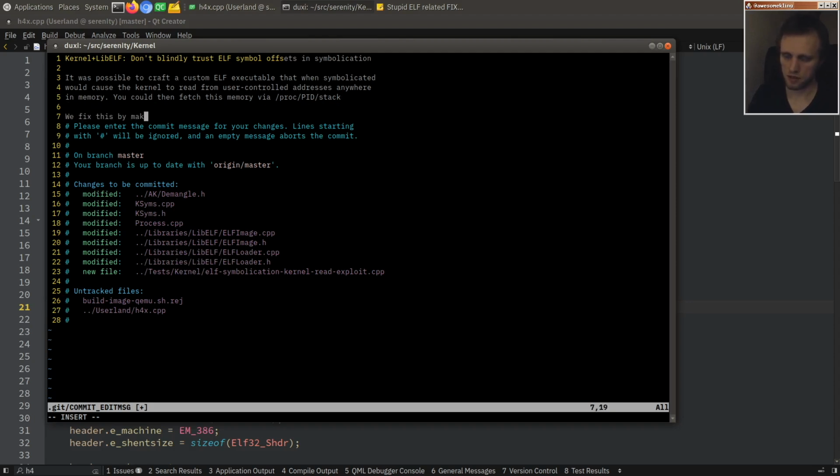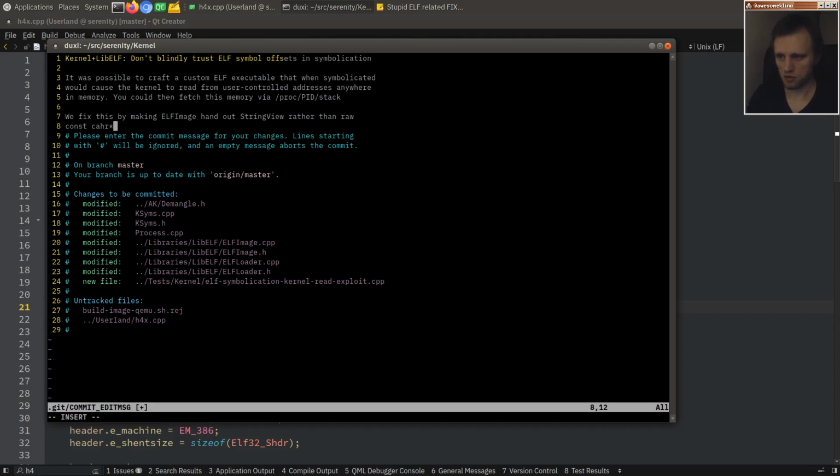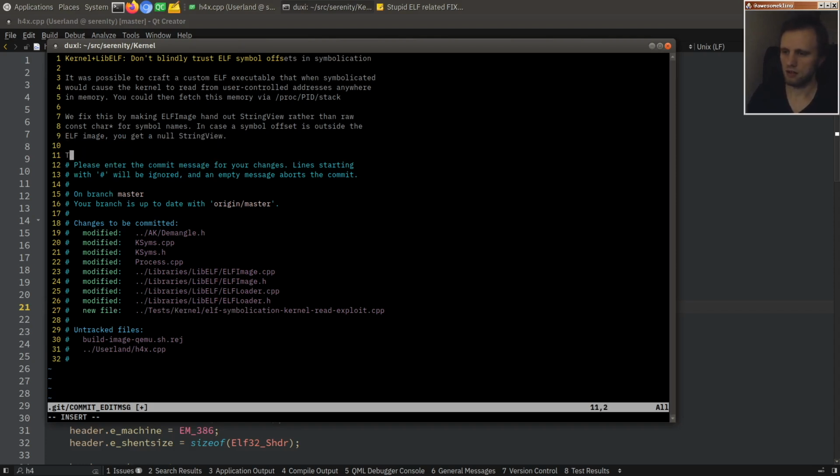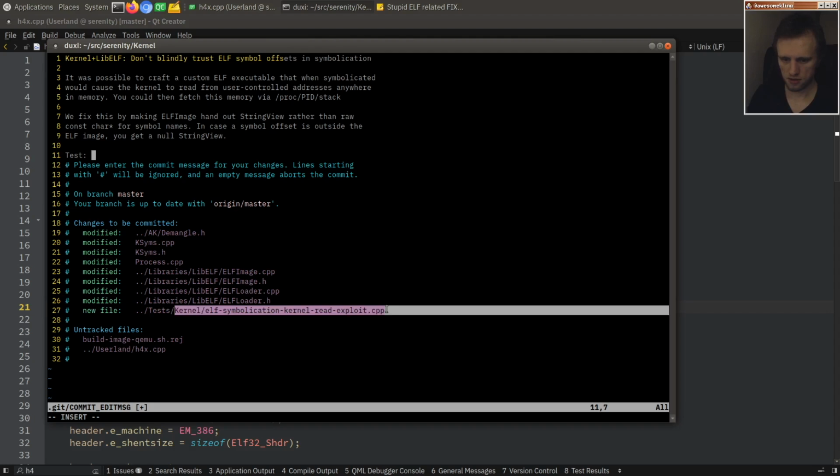We fix this by making elf image hand out string views rather than raw const char pointers for symbol names, after validating. In case a symbol offset is outside the elf image, you get a null string view. Okay, the next test is this loop. All right,